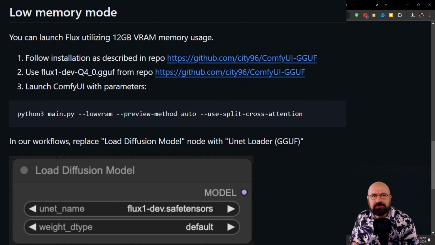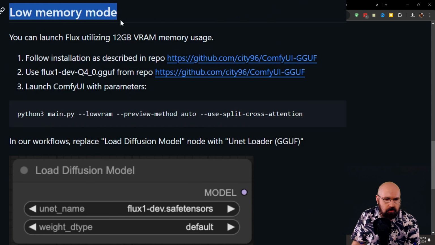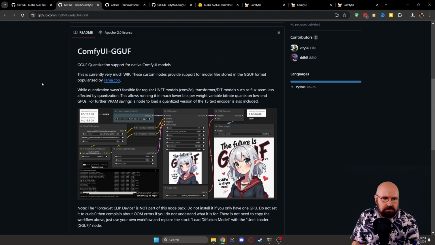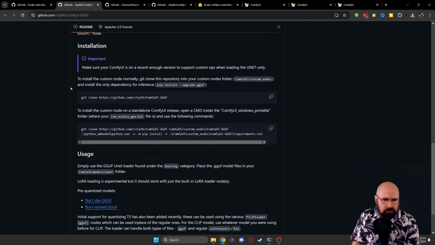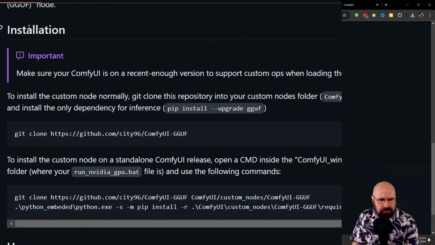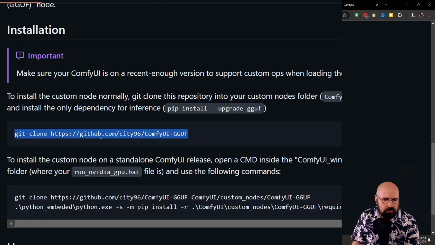There's also one more extra thing you can do. If you have a GTX card and you have low VRAM, there is a low memory mode that you can use. This is a specific node you need to download. This is again on the GitHub page for the ControlNet that I showed you before, and here you have the link for the install. When you follow the install, it brings you to this GitHub page, and when you scroll down, you have the installation guide, which tells you to use a pip install to upgrade GGUF, and then a git clone to install